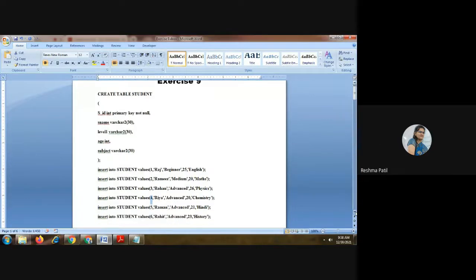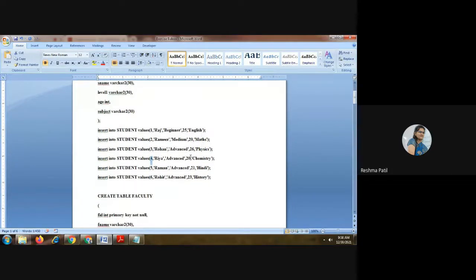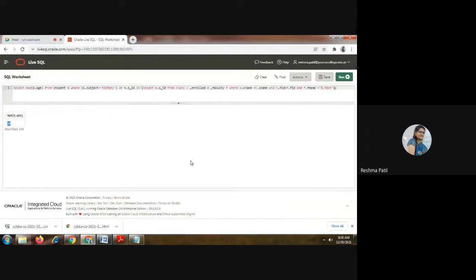This is the number 4 and what is the age? 20. Subject is different, but there is an or. Because of that or, we have received this result. 4 is there and history is there. So here the result is 20.